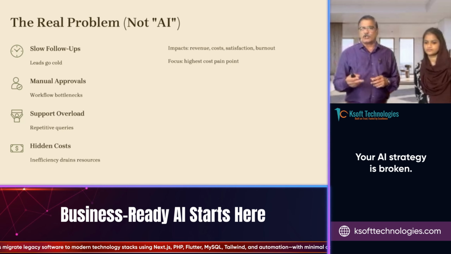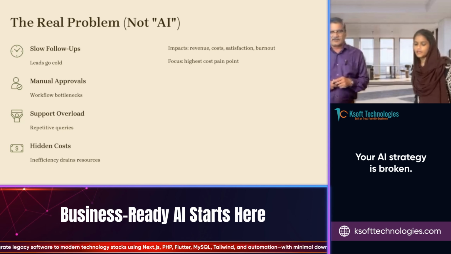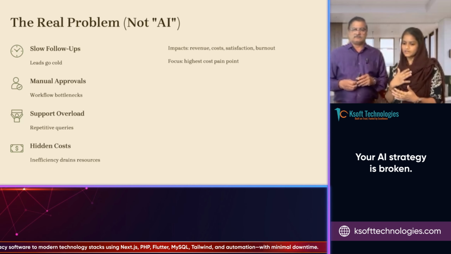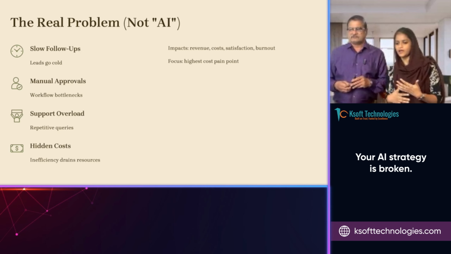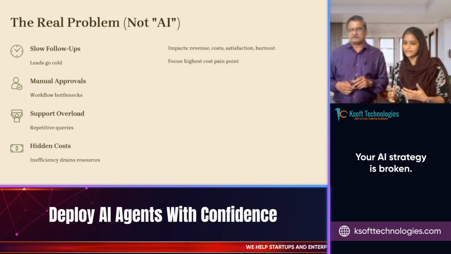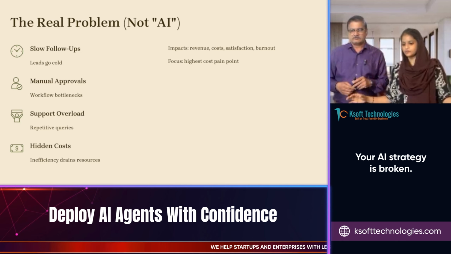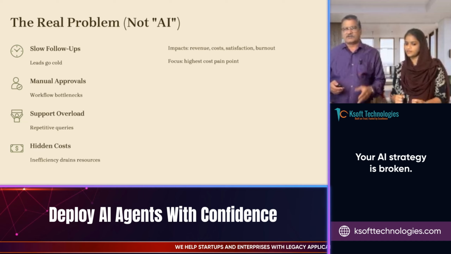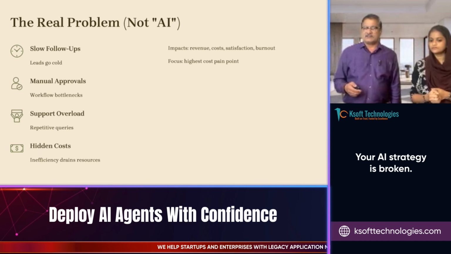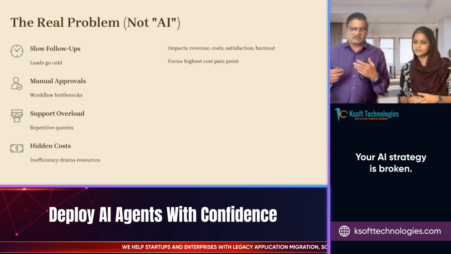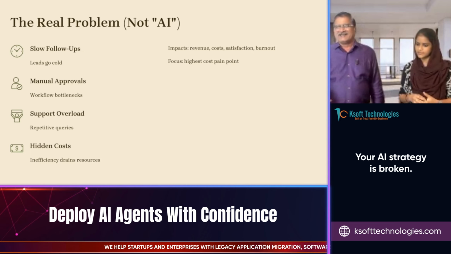Okay. Then the support overload. Yeah, support overload. It is repetitive queries, and again the client asking the same questions, order status, the same base-level information, again and again. It takes a long time to respond, and getting the response from the authority takes a long time. So in this case we need AI. That's the support overload, because your support team is just two or three people, and you have people coming again with the same questions multiple times. This guy answering the same answers, he goes mad. Simple as that. He gets frustrated.